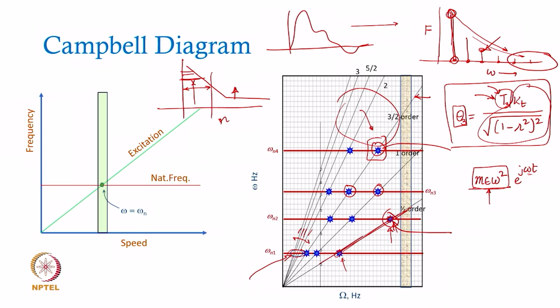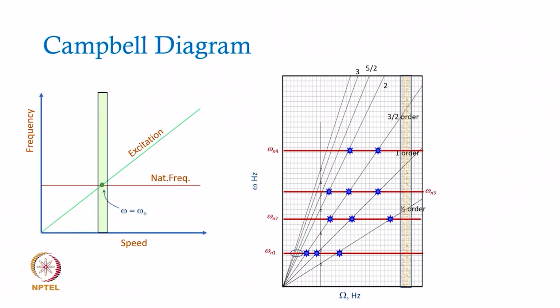And there are a few other things which will be unnecessarily complicating the point of discussion here. For example, in a rotor bearing system, the lowest modes are like rigid body modes and so on and so forth. So, the flexural modes are really not getting excited at such low rotational speeds. Anyway, this is what we have for the Campbell diagram, and just to wrap up this particular discussion and make things even more interesting for you, is that in reality